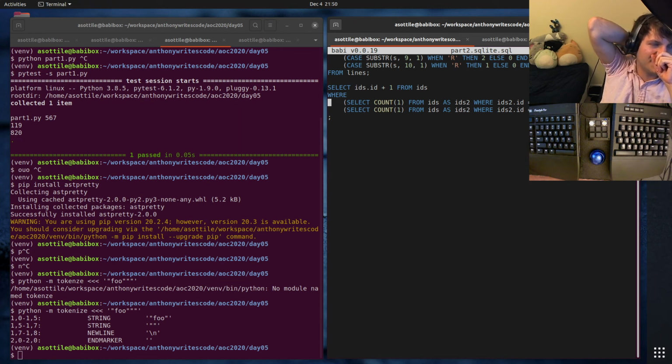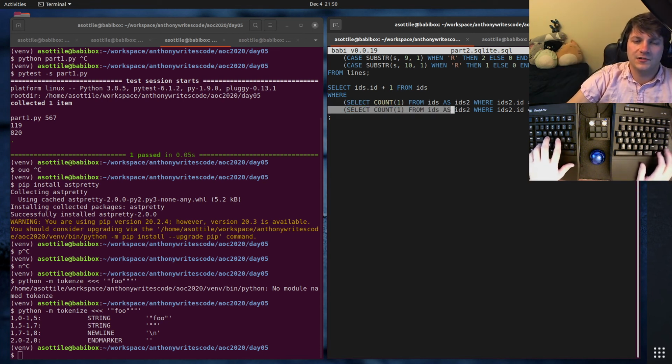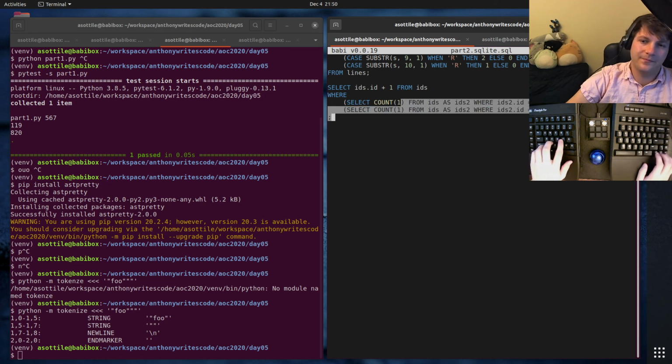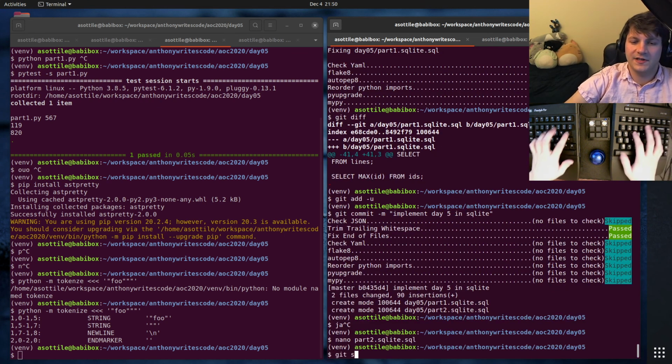That would still make a cross product. So like I could do this part with an inner join. I don't know that it actually makes it faster though, because the query planner might be able to plan it a little bit better, but I think it's not going to be any faster.